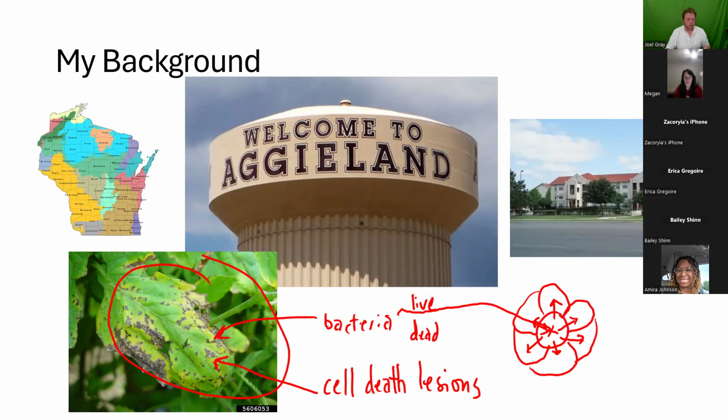Initiate or start the cell death cascade. So what that means is that this cell will get the message to effectively die. This one will die, this one will die, and this one will die. And that's not because the pathogen attacked and took over things, but instead, that's the plant's way of basically trapping that pathogen. So that pathogen gets stuck in this center cell because it has to feed off of living tissue. If all of these cells surrounding it are dead, they have nothing to do. Okay.